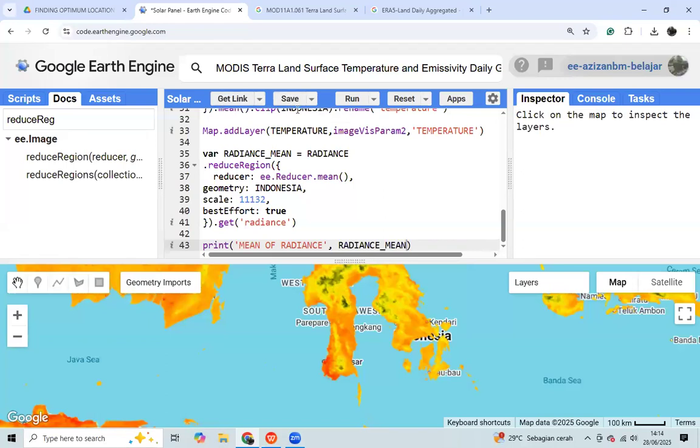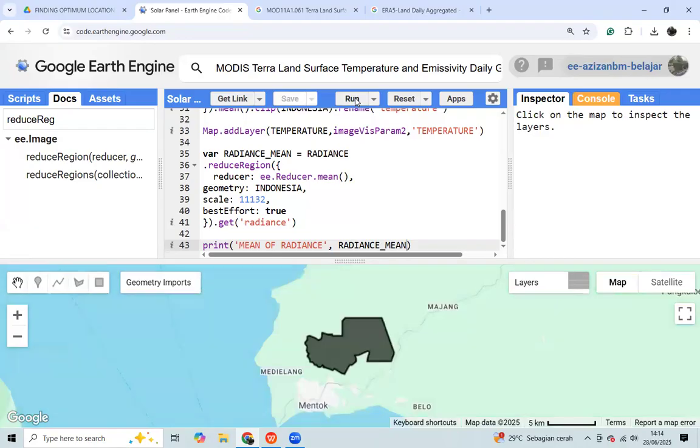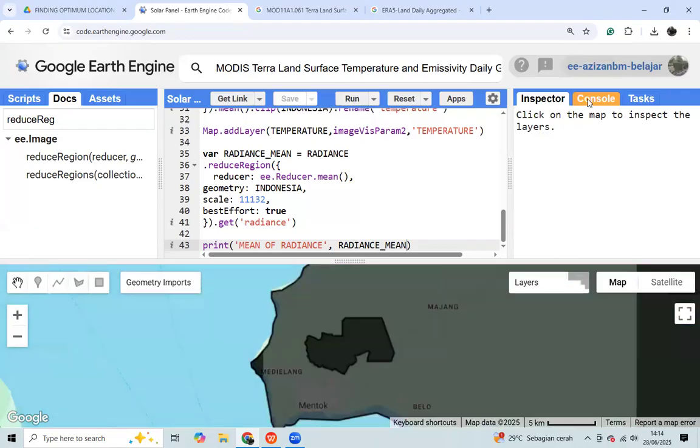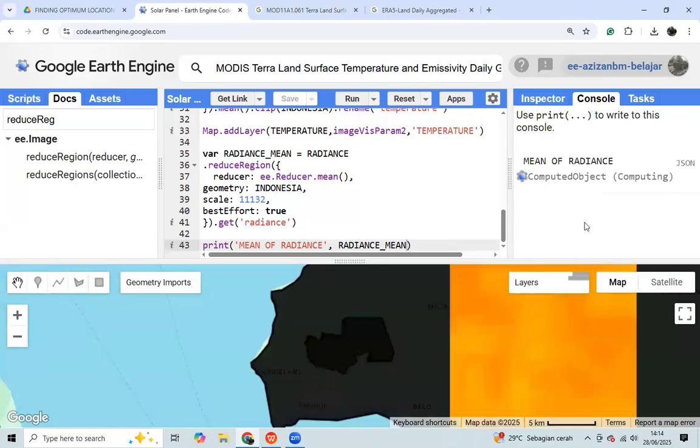Okay, then click save and run. It is still computing.